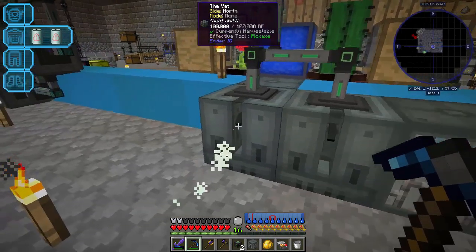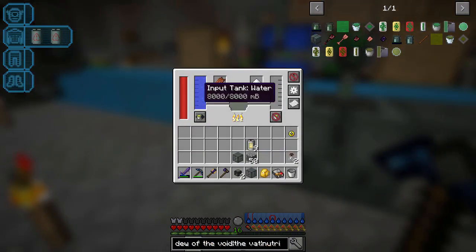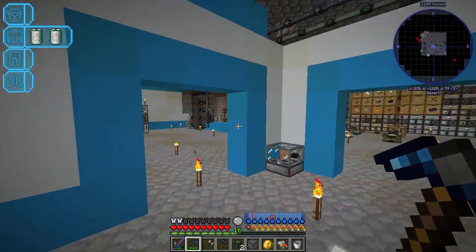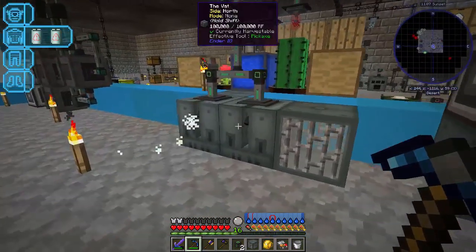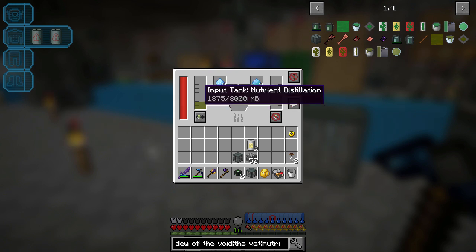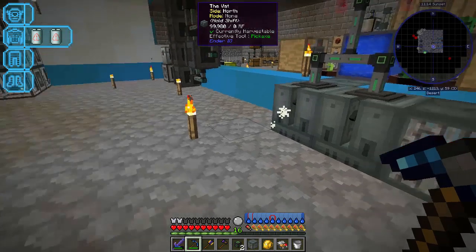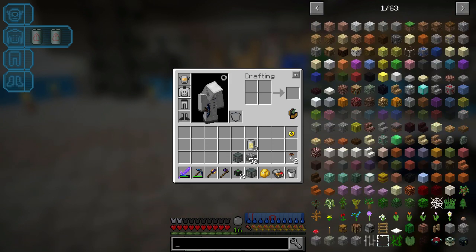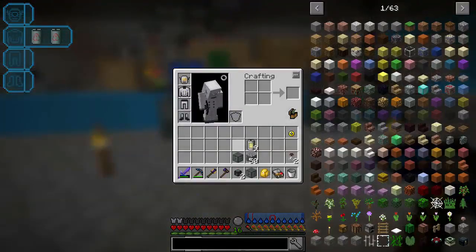So it's at 1.5. It's almost there. Okay, so and then eventually the nutrient distillation will back up, and then that will be really all we need to do. So it's not very efficient. I don't know what the best way to be efficient with this stuff is. I've never really used the vat all that much, but we'll get some Dew of the Void, and then what we're going to do,